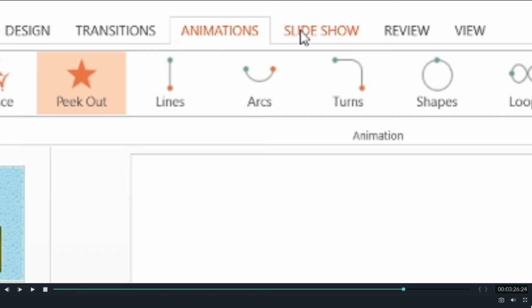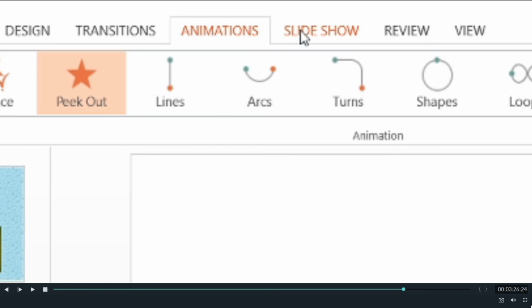Now these three tabs, if you can see on the screen, transitions effect, animations effect and slideshow, are very useful tabs, because if you want to make your slide very interesting and attractive, definitely you need to add transitions and animations effect to your slide.